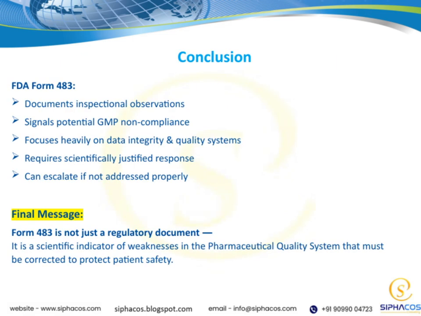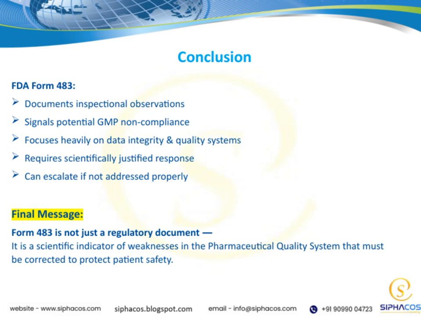So to wrap up, let's talk about the importance of FDA Form 483. Essentially, this document documents inspectional observations made during FDA inspections. It serves as a clear signal of potential GMP noncompliance issues. Now, what's critical to understand is that Form 483 places a strong emphasis on data integrity and the overall quality systems within a facility. It's not just a checklist. It requires a scientifically justified response from the company. If the observations are not addressed properly and promptly, this can lead to escalation, meaning more serious regulatory actions might